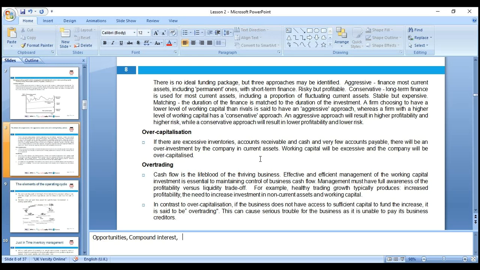Yes, normally we say £2 worth of current assets and £1 worth of current liability. But it varies in industries. It's not a hard and fast rule. But a lot of analysts say this: if you have £2 of this, you have £1 of this. But if you have this £4,